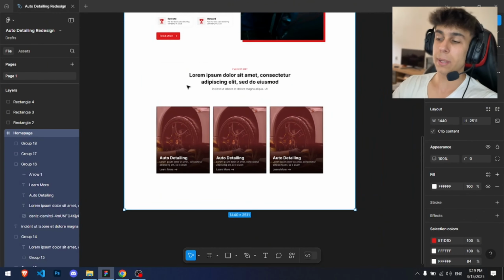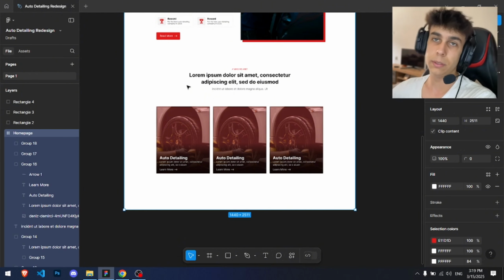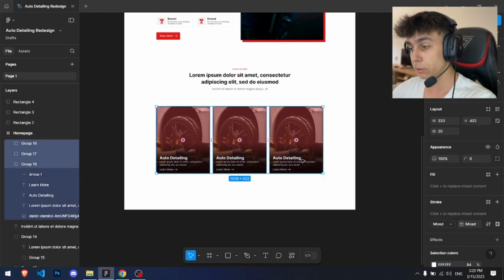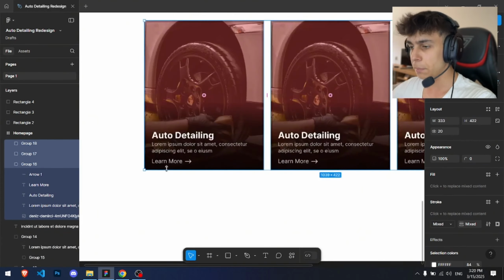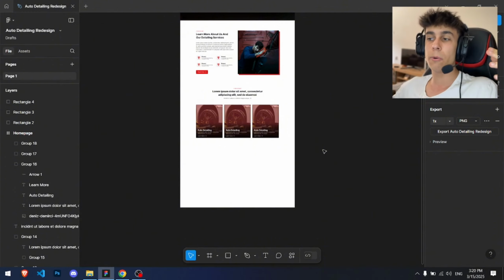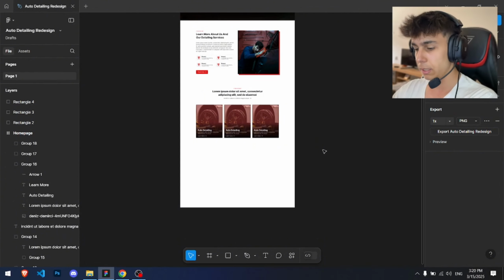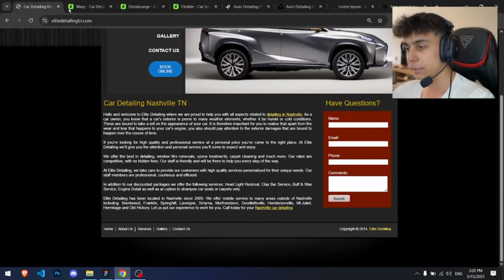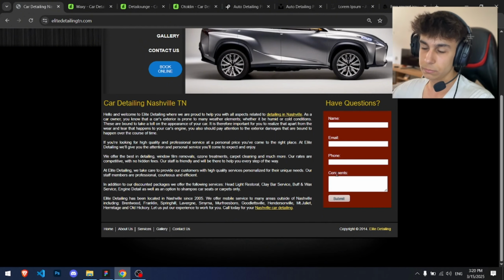I'm not going to replace all of the images because it's not necessary, right? But in your case, you'll need to do that. But I don't want to waste time on it. And the next thing that we're going to do now is the contact form. So let's see what this website has in its contact form. Name, email, phone, and comment or question